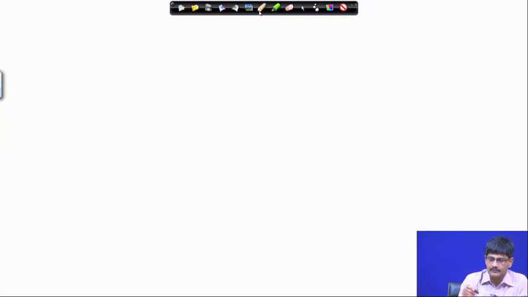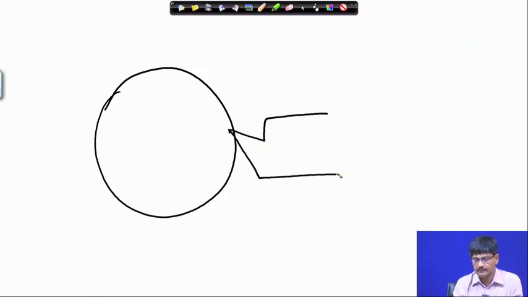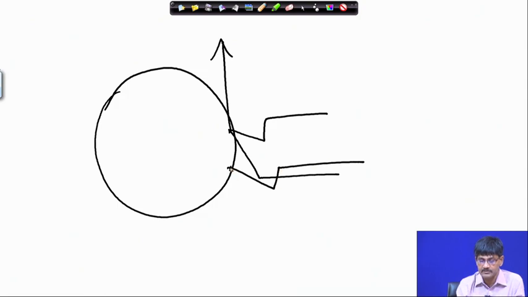Suppose we are having this as the workpiece and this as the tool. In that case, the velocity vector will be directed this way. Now, suppose someone puts the tool by mistake at a lower height. Suppose this is the tool. You have a problem. In that case, the velocity vector is this way, and all the tool angles will be